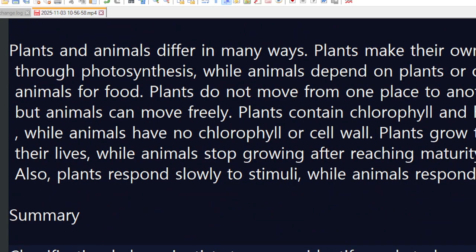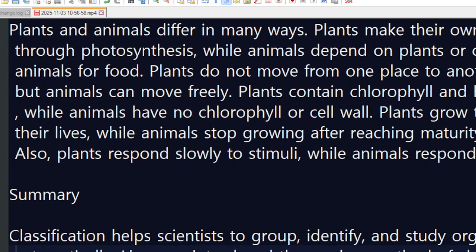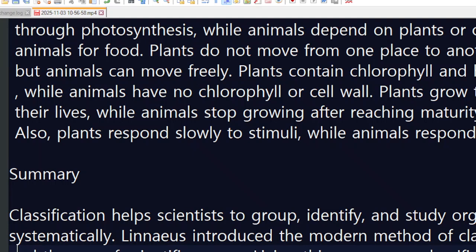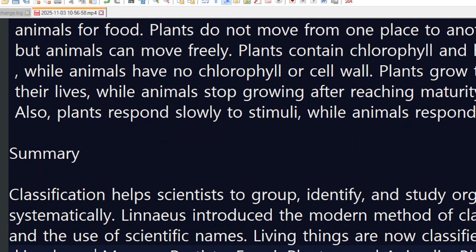Summary of this topic: classification. This topic is mainly about the classification of plants and animals. So here is a summary of the lectures. First of all, we talked about classification, and classification helps scientists to group, identify, and study organisms systematically. And then we also talked about Linnaeus classification, whereby Linnaeus introduced the modern method of classification and the use of scientific names,